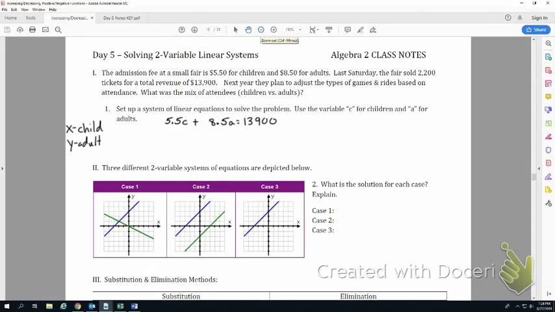Tickets, the amount of tickets. Okay. So how many tickets sold? So the number of kids and the number of adults, right? So let's make sure that we know that whenever I put children and adults, we're talking about the number of each kind. Okay, correct? Yes. Okay. So the equation would be